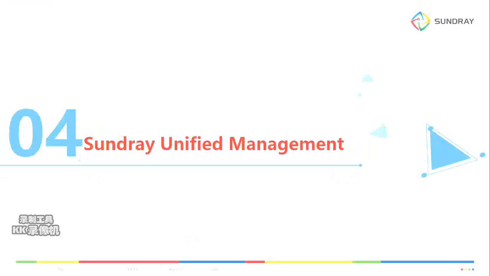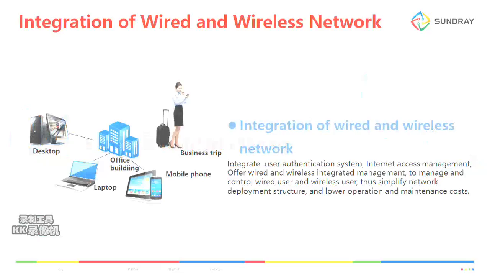So the last main feature here is unified management. The first feature is wired and wireless management. We already know wireless management is managing wireless devices, like access control, authentication or bandwidth control. But if the customer has already built their wired network using Cisco routers or switches, but also wants to do authentication or bandwidth control for wired devices like desktops,